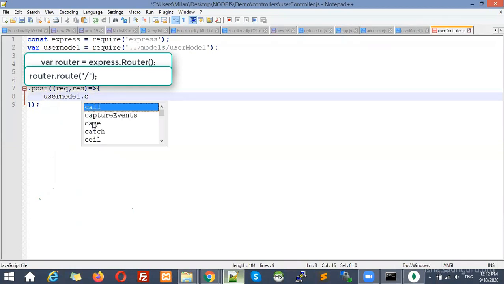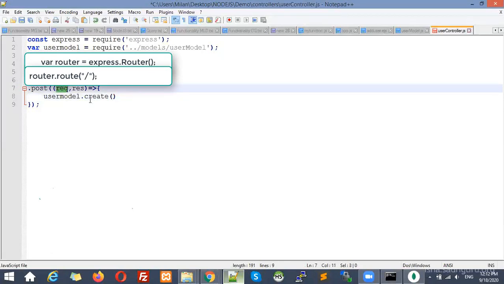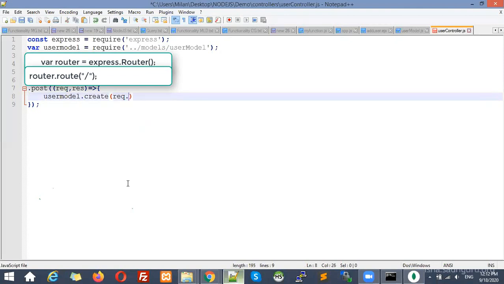To create a new entry or to create an insert query, we have the insert method. Right? Insert method, and we need to pass the parameter here. So what parameter do we need to pass? Whatever we are getting through the request. So request dot body. Inside request there will be one inner parameter, that is body.